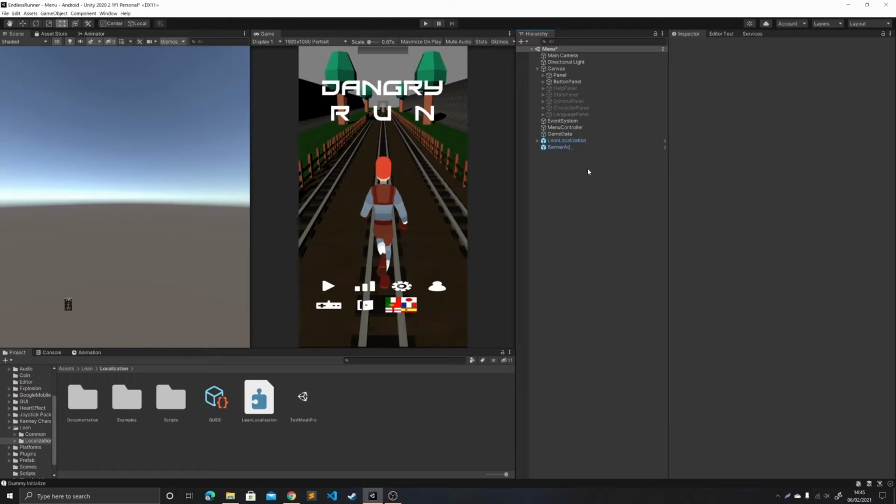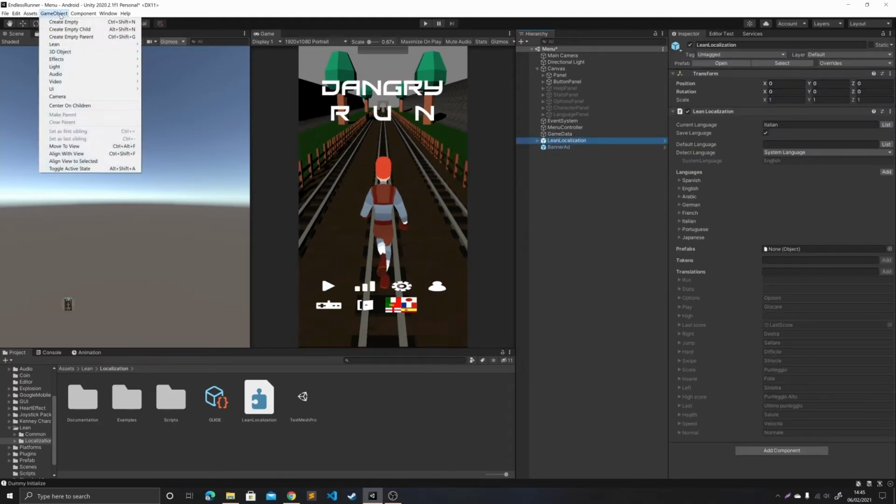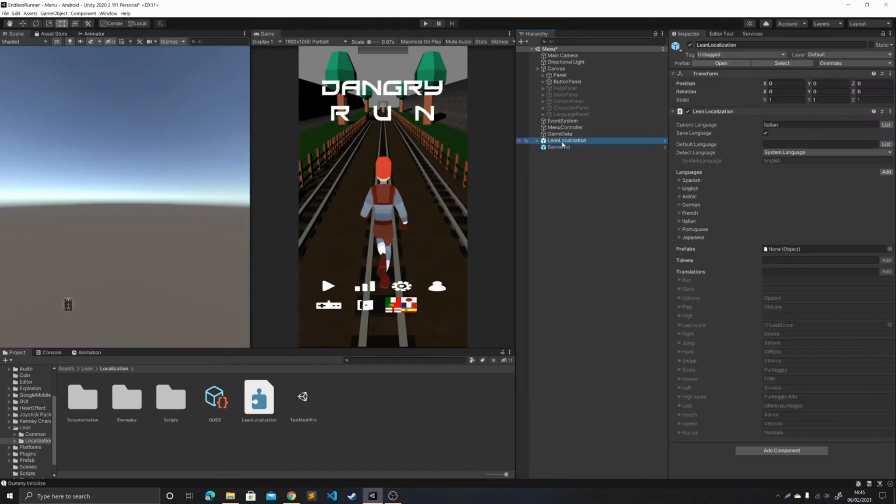So once you've imported the asset, you can find the asset in the description of the video. If you right click Lean Localization, that will create this game object here, or alternatively you can click GameObject on the bar up here, then Lean Localization. Both do the same thing. So you get this game object, and then what you can do is